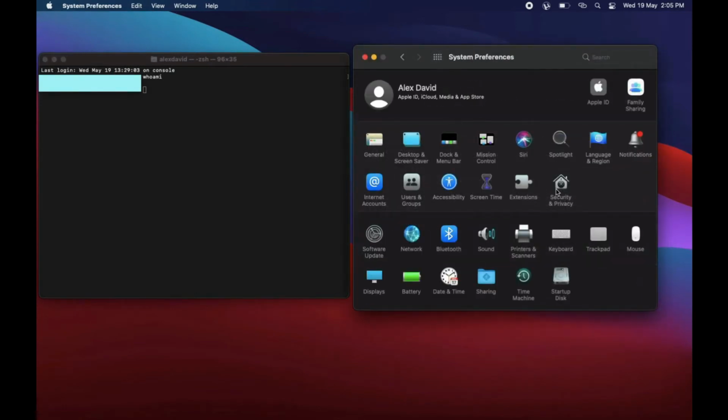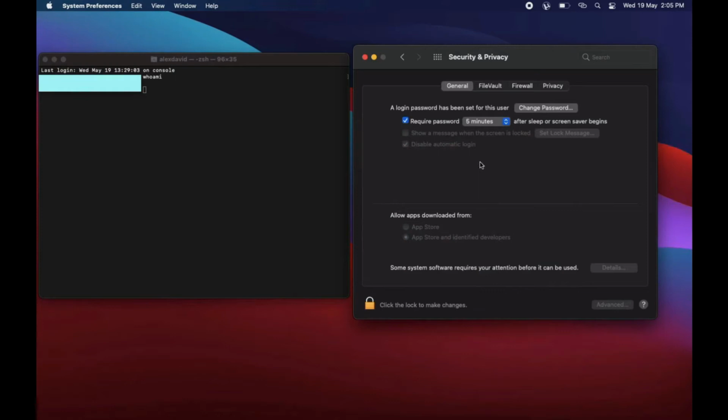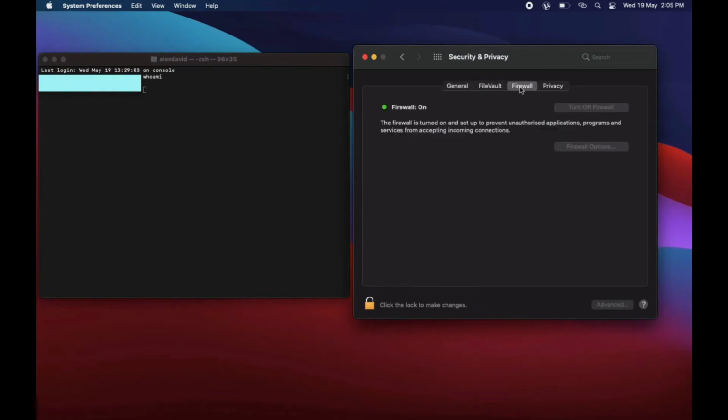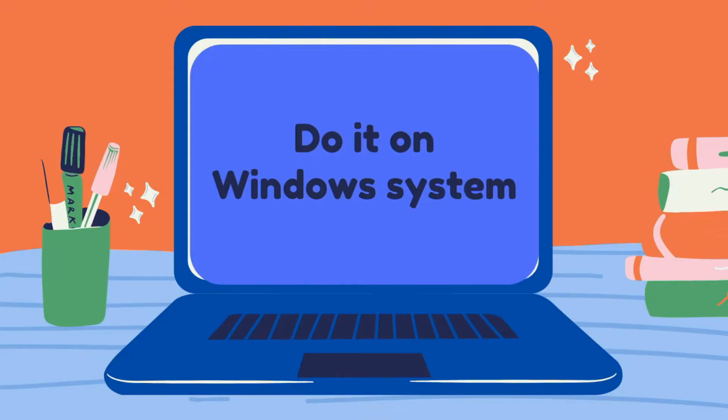There you have to enable the firewall to allow the incoming remote logins. Just make sure it is turned on, and then come back to the Windows system.